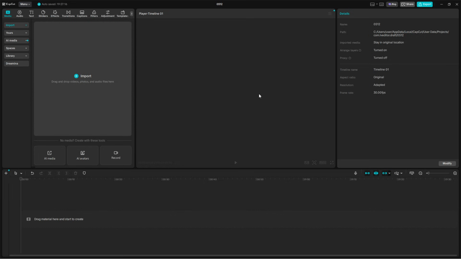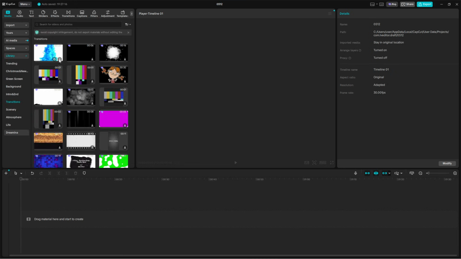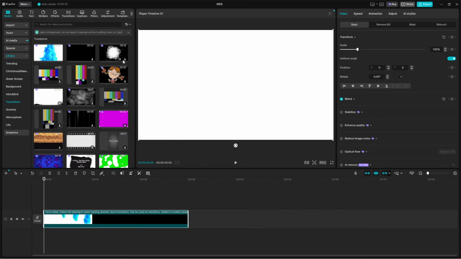To begin, open your CapCut project and import the video files you want to combine by going to the top left corner and selecting Import, then choosing the clips from your device. Once they are imported, drag them into the timeline where you can start arranging them in the order you want. You can place them one after another to create a continuous flow, or organize them depending on how your story